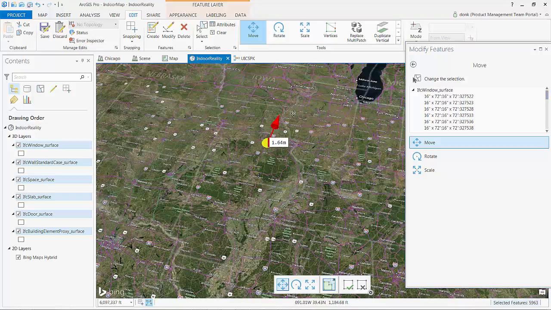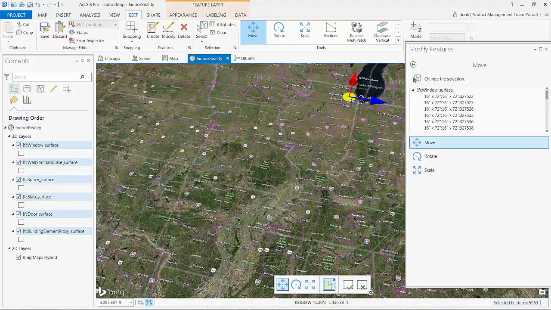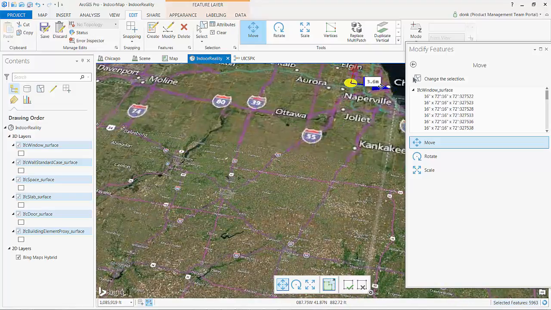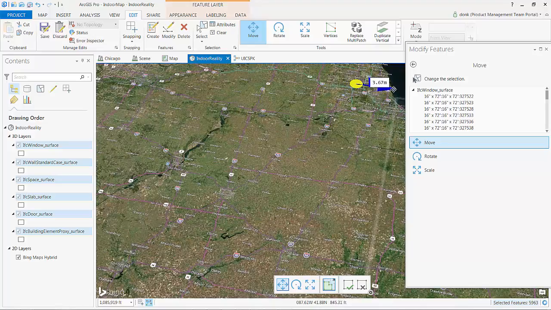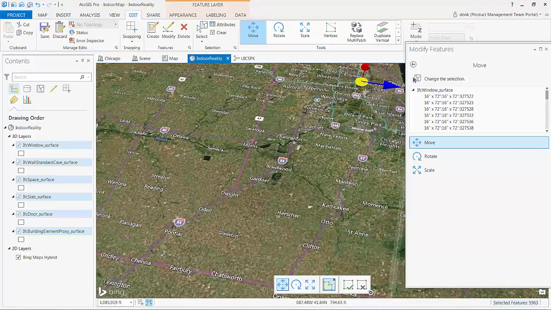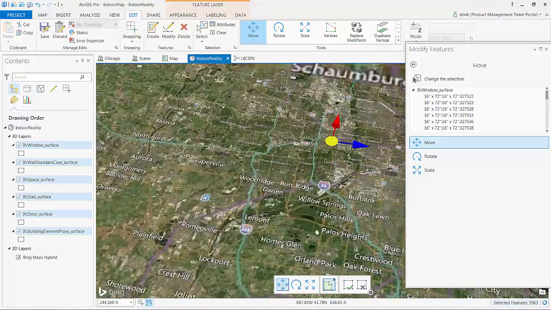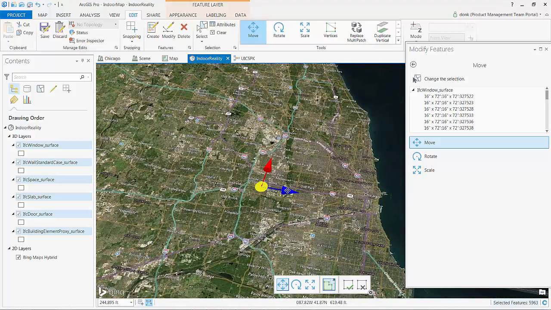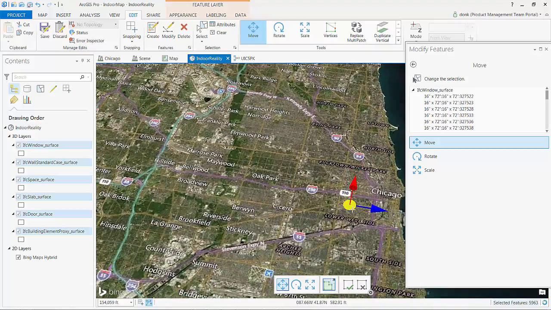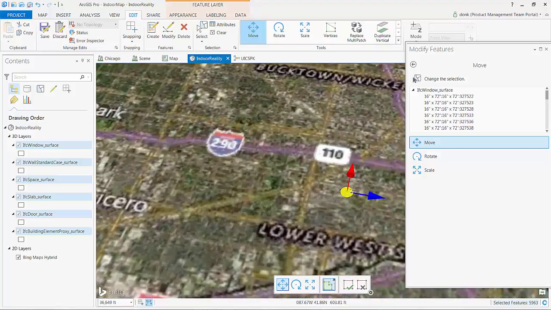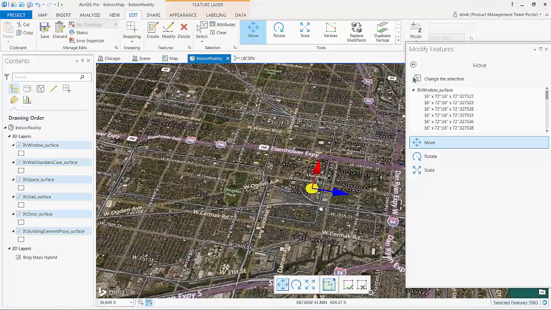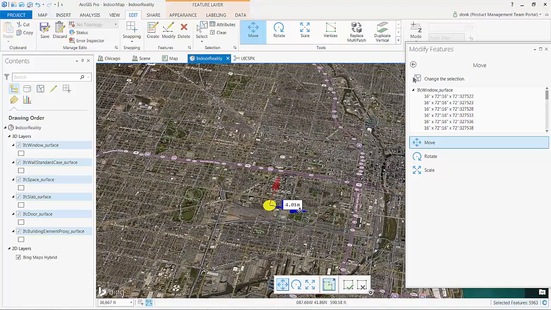So I've got everything selected, and then I'm going to activate the graphic move tool. And so there's a couple of different techniques that I could use, and the move tool is pretty straightforward. So I select the move tool. So I'm doing all of this editing just completely graphically. Certainly if I had more information about the exact location, I might be using a transform or some other tool to exactly move them by a set of control points. But in this case, I'm just trying